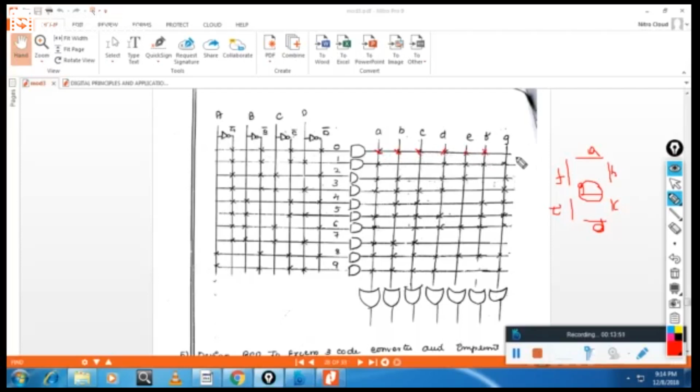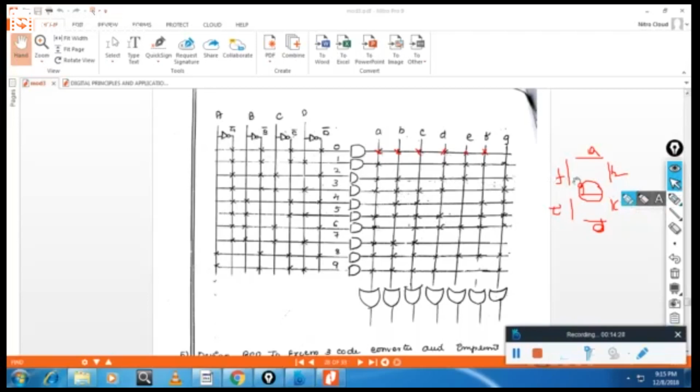Clear? To represent 1, which ones do you have to light up? To represent 1, you have to light up B and C. See here, the particular student I think made a mistake here.